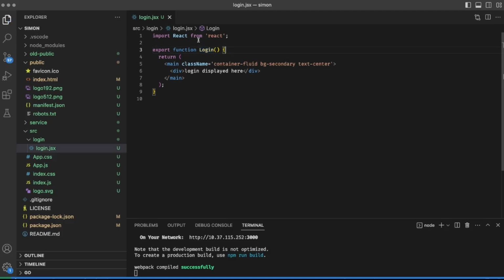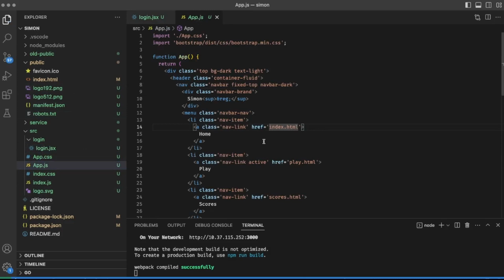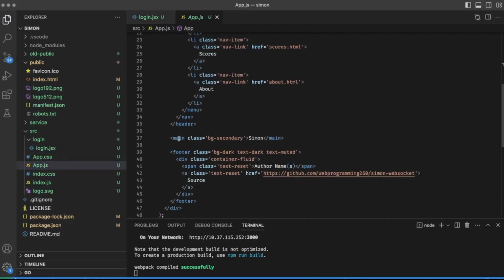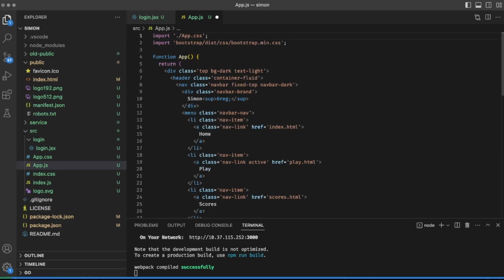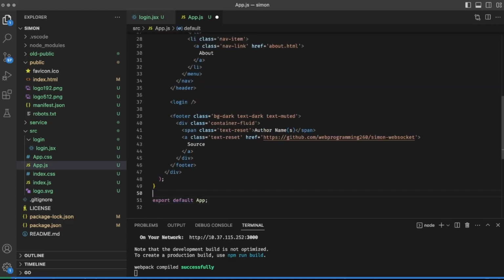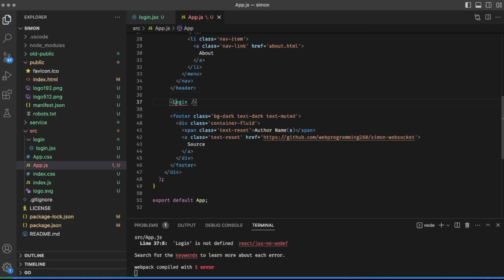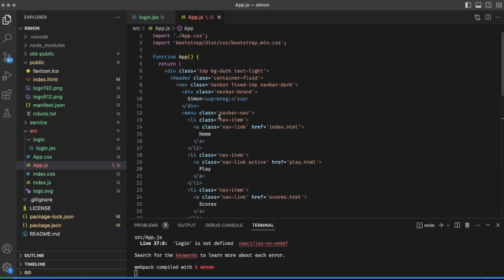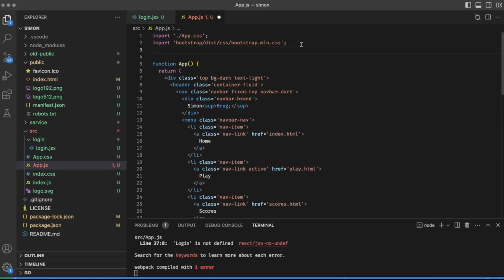So if I actually save that, and then we come back over to our app.js, where I was displaying Simon before, I can actually now just reference that login component. And it's going to get mad at me because it doesn't actually know. Well, it should get mad at me. Oh, sorry, because I didn't give it an actual. There we go. Now it's getting mad at me because it's like, hey, I don't know what that thing is. So I need to import that. So if I just do an import,